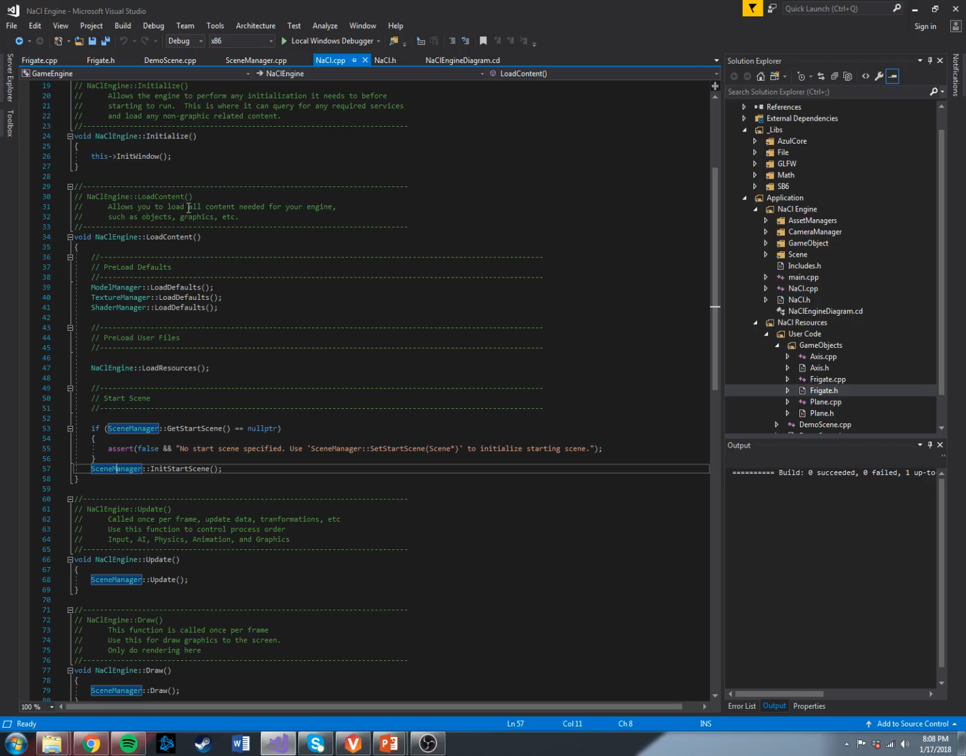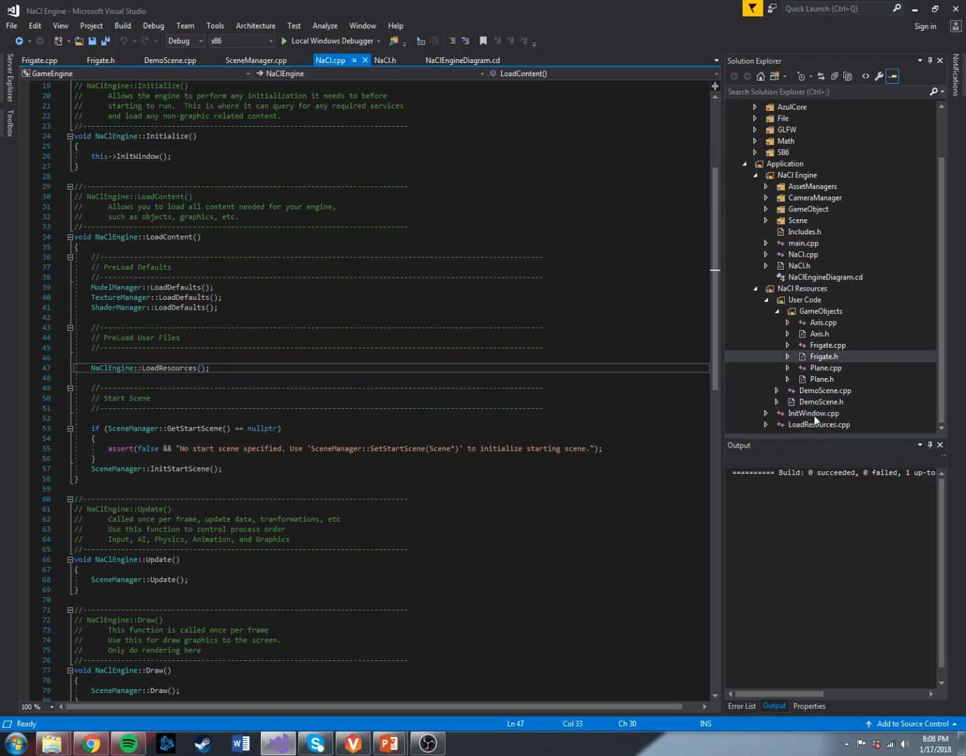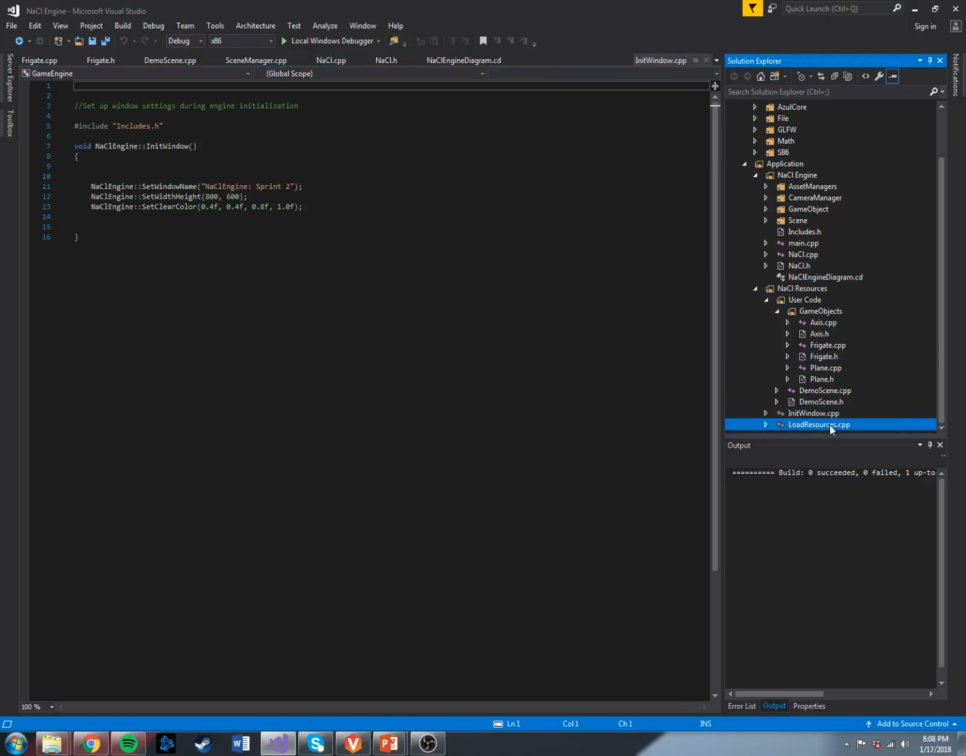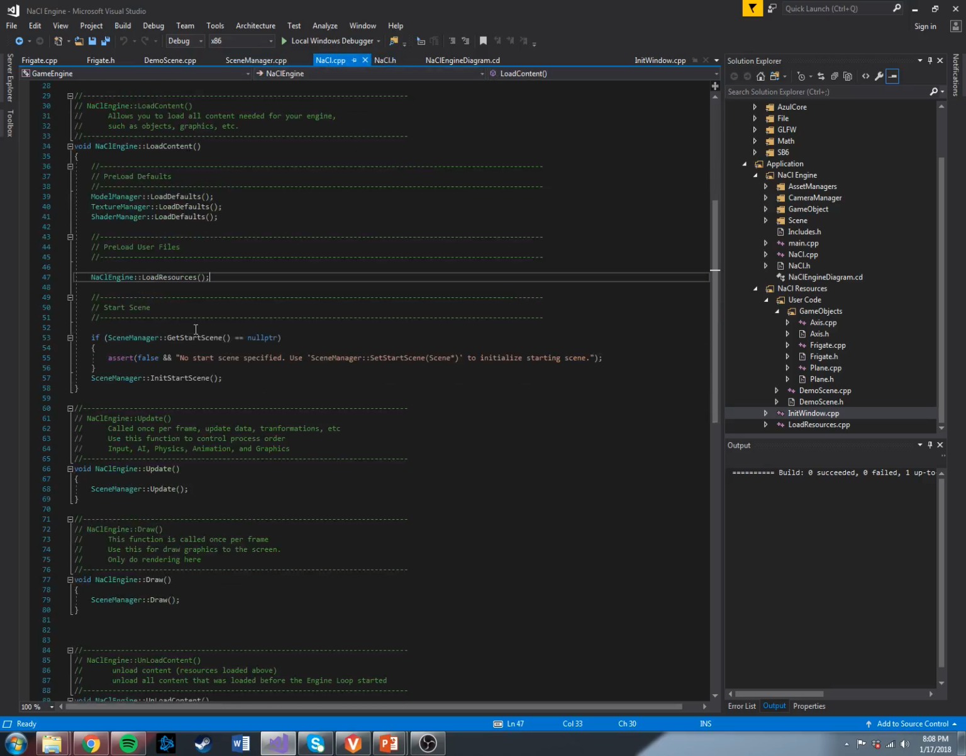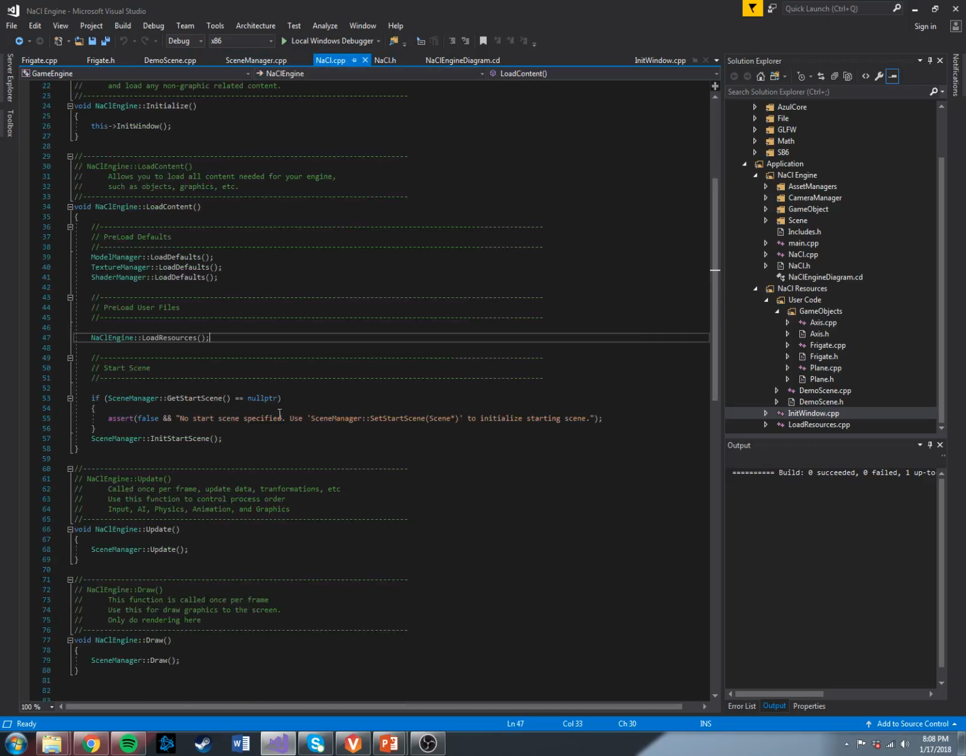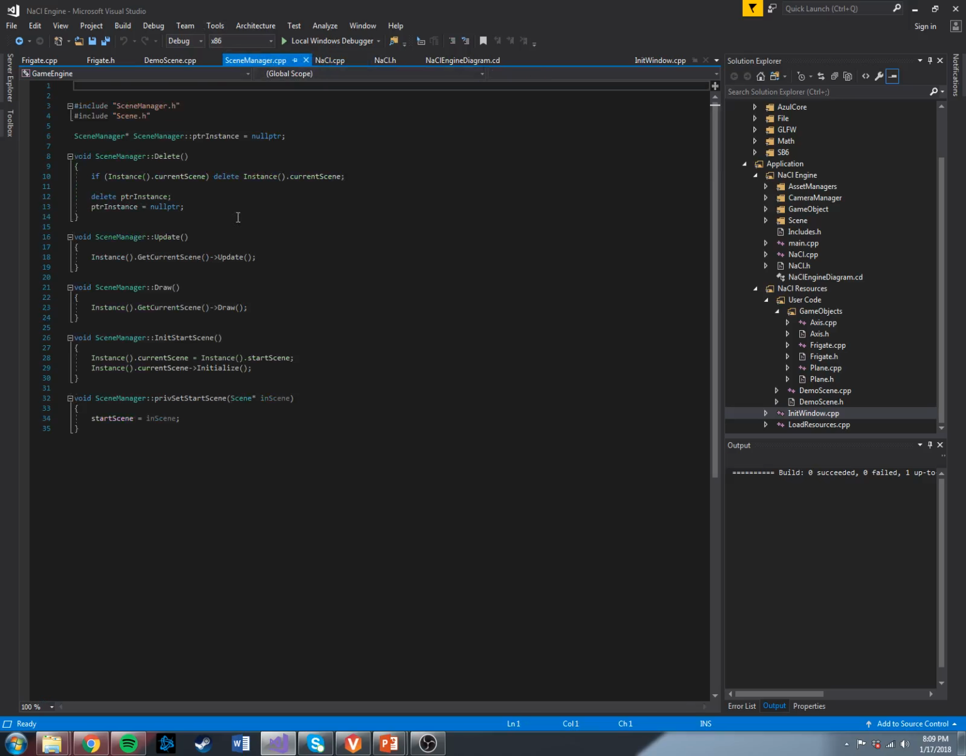The first things that will be loaded are the window initialization and the load resources, which are user defined classes that are over here. That loads everything, and then here in the load content, there's a call to the scene manager to make sure, first of all, that there's a start scene specified by the user in load resources, and begins that start scene. So inside the scene manager,